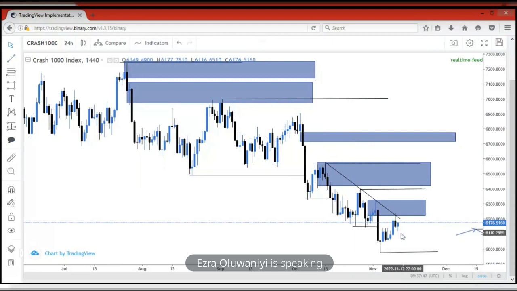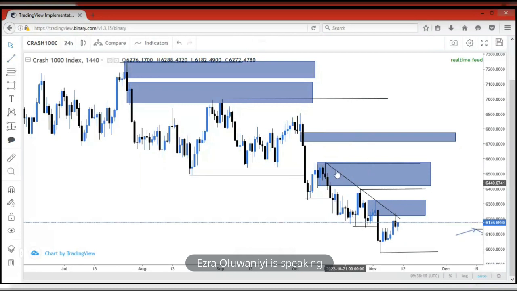That's all. So now I'm waiting for price to come here and give me some sort of confirmation before I sell. All these that I marked are good supply zones. They are very awesome supply zones, and this is why I'm using them. Now, I've used this Crash 1000, I've dealt with